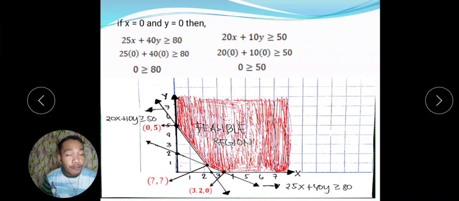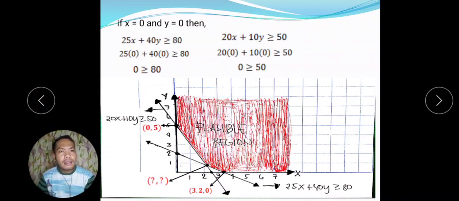We don't know the value of our intersection yet. But before that, we are asked to minimize. So, meaning, our feasible region should be above the origin. This is our feasible solution for our constraints. And why is it above the origin and not below the origin? So, we have the proof. As you can see here, if x is equal to 0 and y is equal to 0, then